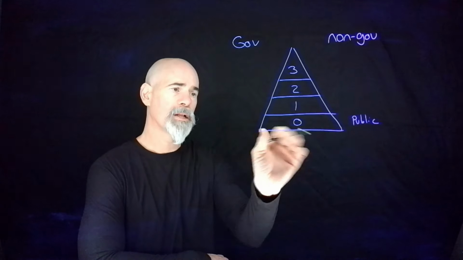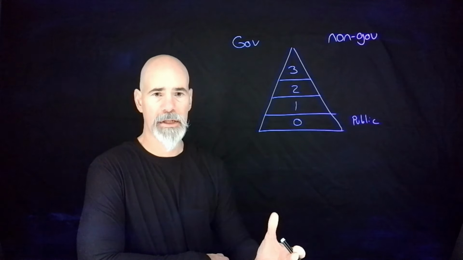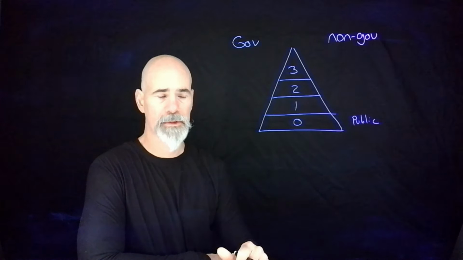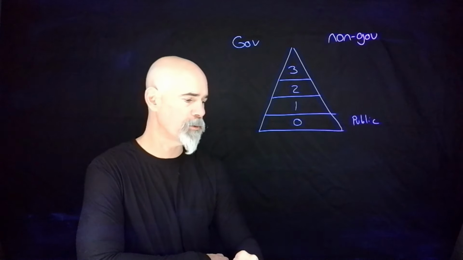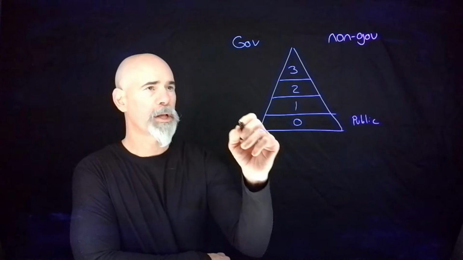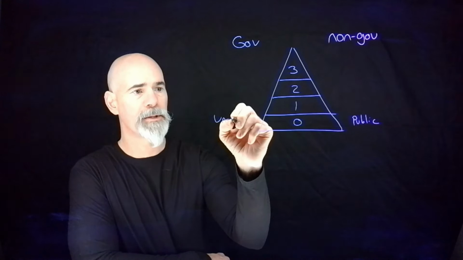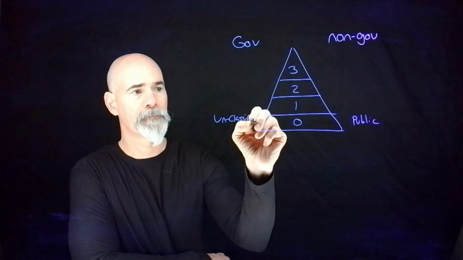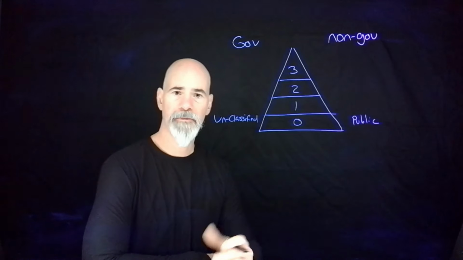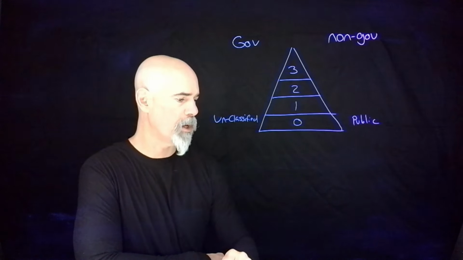At class 0, you're talking about public information. When we say public, we mean information that can be readily found on the internet. It doesn't require any kind of special access. It's just available. Likewise, on the government side, this is going to be called unclassified. So this is very similar to public information. It's not classified. It's open to whoever